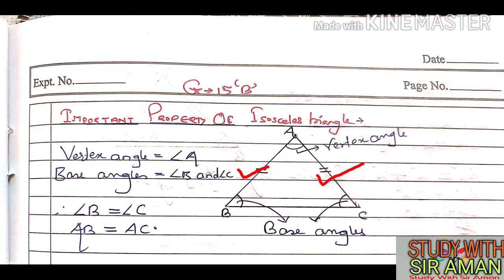What you have to understand in this, at first you have to see where is the symbol of equality, means which two sides are equal. How to identify? If I do not tell you AB and AC are equal, by seeing the symbol you have to identify these two sides are equal. So now some figures I am showing you. See the figure and try to identify which two sides are equal.